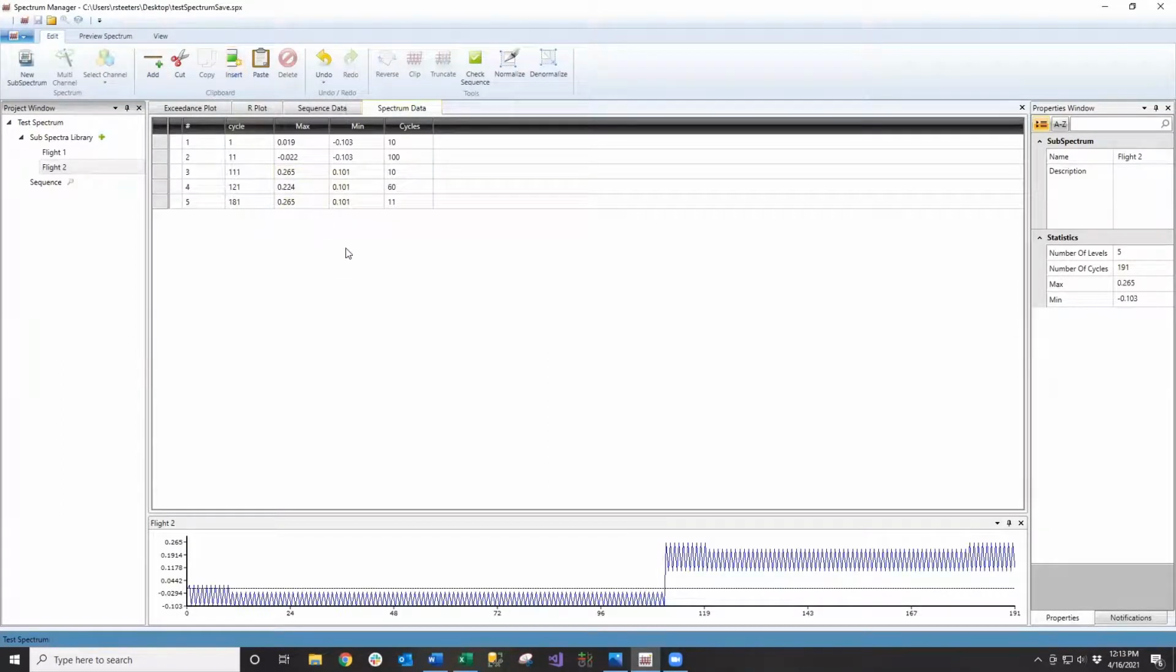And as you can see, it's that easy. As soon as you hit Insert, all the data that was over in our Excel document has been copied over to this subspectrum. Now, another option besides Excel for adding existing subspectrum data is to import it from an existing